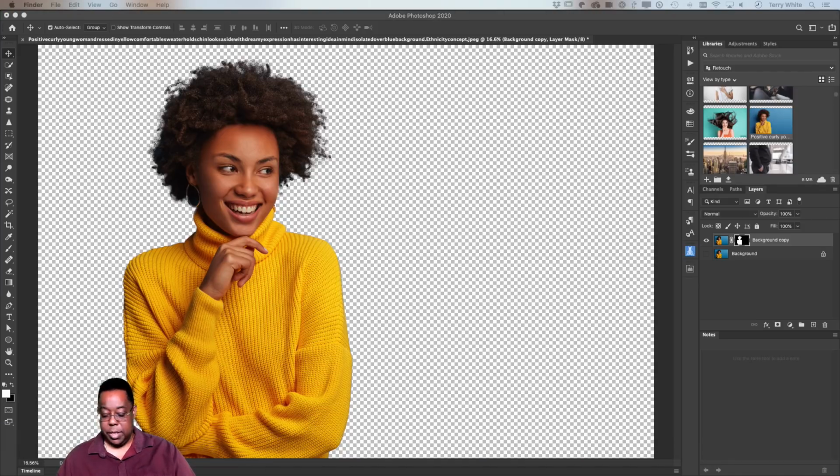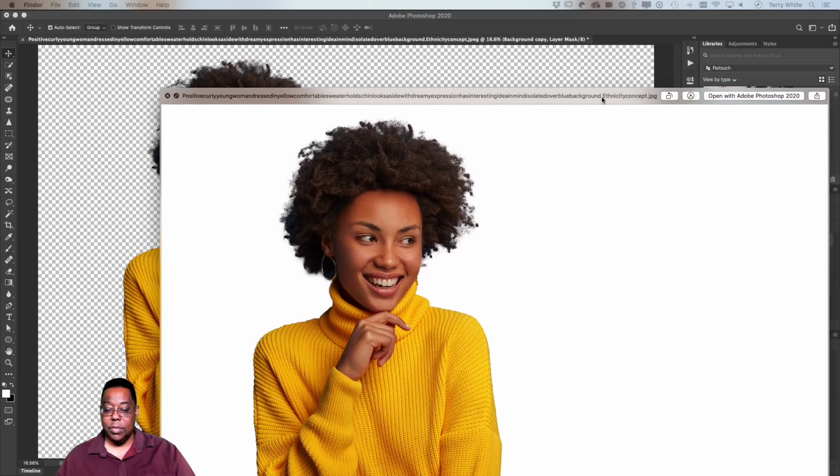You're not going to see that transparency. You're going to see a white background because JPEG is not a transparency supported format.